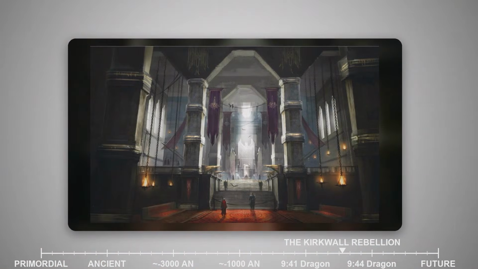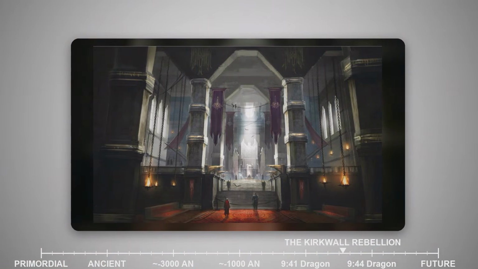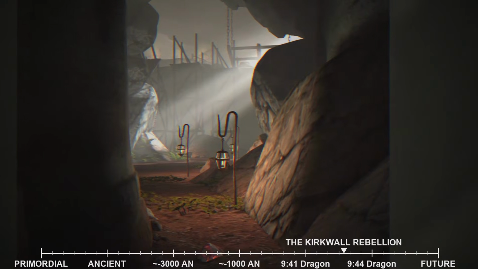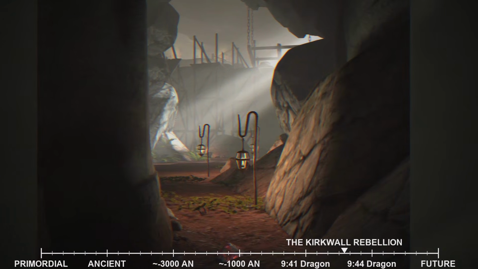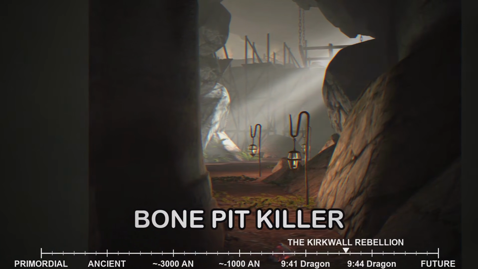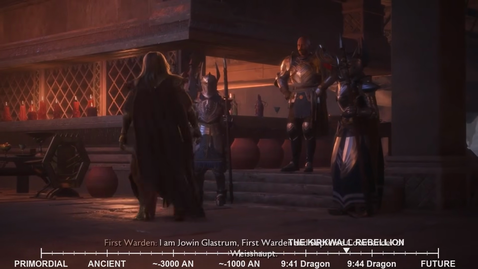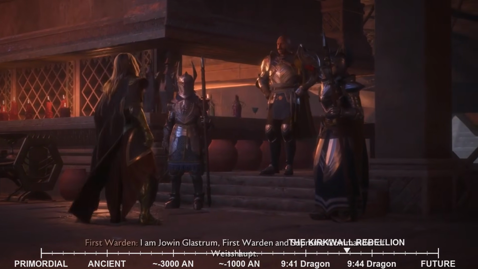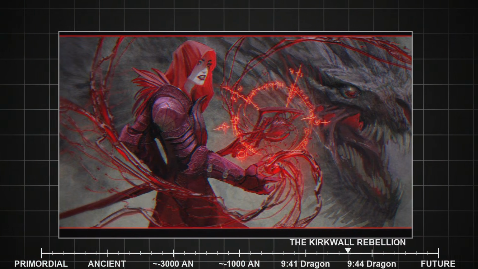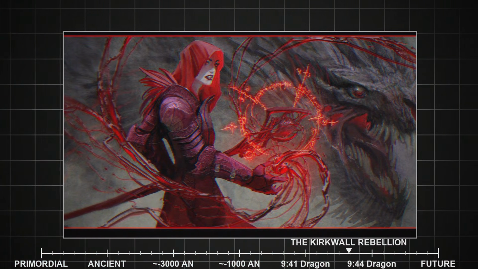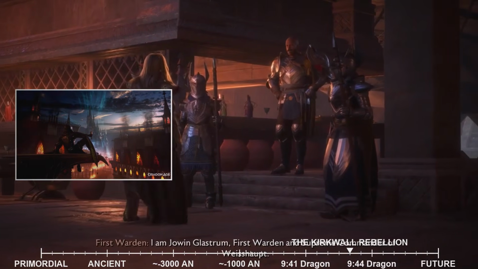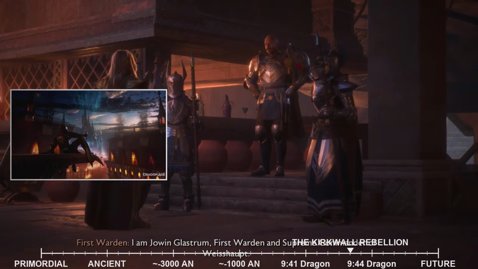The city, already a hotbed of intrigue, became plagued by a series of gruesome murders, seemingly ritualistic in nature. This reign of terror earned the perpetrator the chilling moniker of the Bone Pit Killer, due to the discovery of bodies near the city's notorious Bone Pit Quarry. Hawke, utilizing their network of contacts and their growing investigative skills, delved into the disturbing case. Their investigation slowly uncovered a sinister conspiracy, revealing that the murders were not random acts of violence, but rather carefully orchestrated rituals involving blood magic, a forbidden and dangerous form of magic that draws power from living sacrifices.